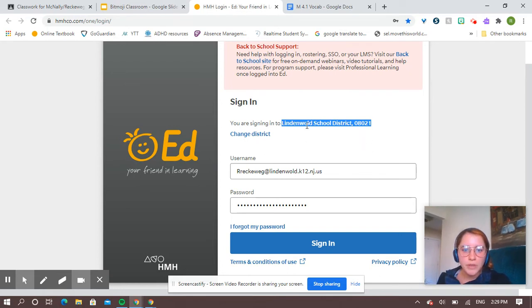Your username is going to be your school email. It should be 25, your first initial and last name, at lindenwold.k12.nj.us, that whole long thing. And your password is going to be your school ID number. If you're having trouble finding that, let me know and I will send it to you. Okay, so once you sign in,